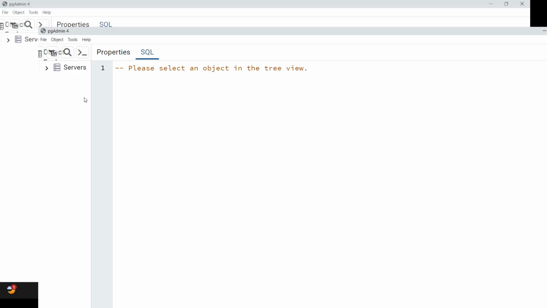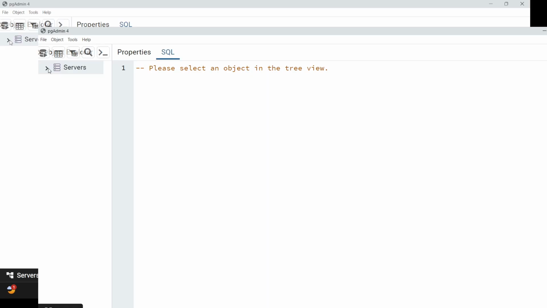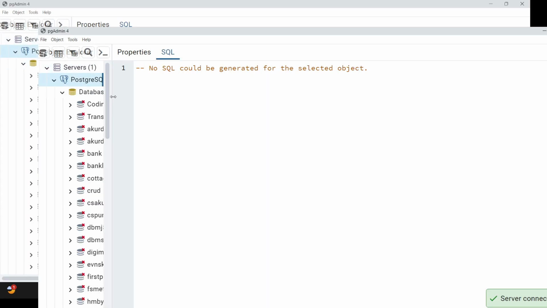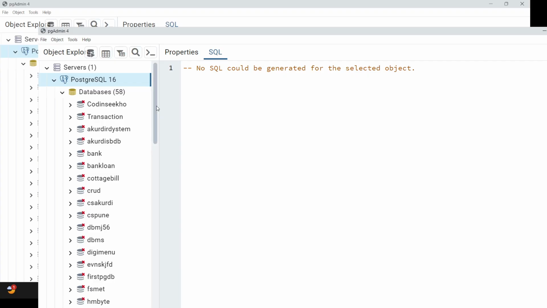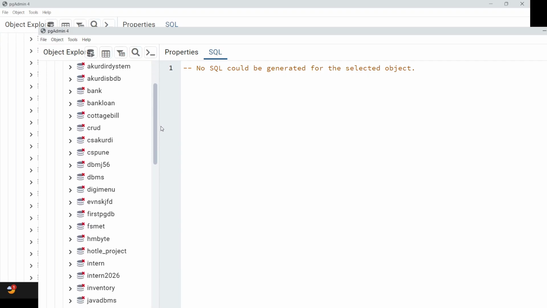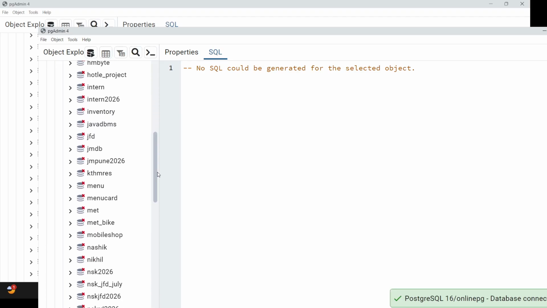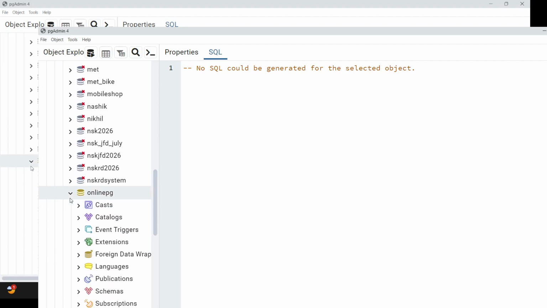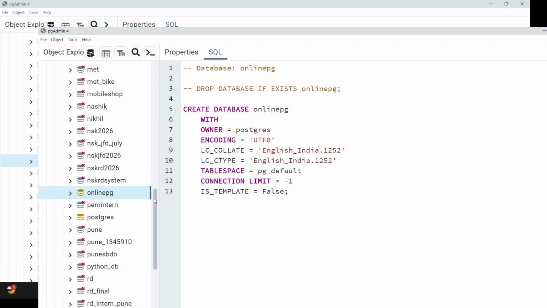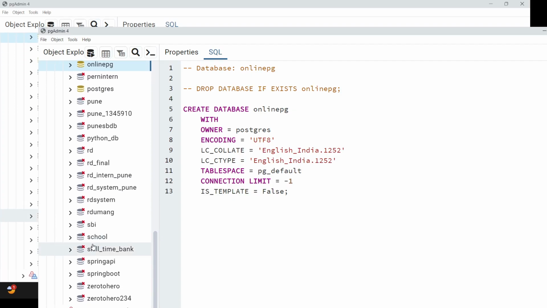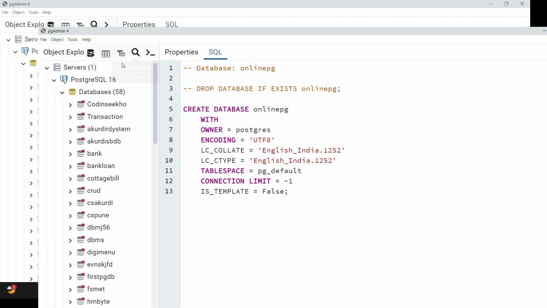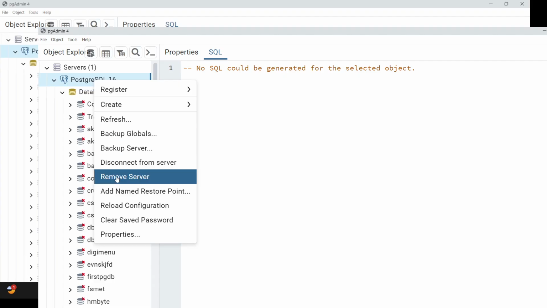If you remember, there is a server, and within the server there is PostgreSQL, and we have multiple databases. Our database name is something like school, which we created. Let's open it and try to find our database. Yes, you can see that we have a database, which is school. The basic properties for connecting to the database you can find here.